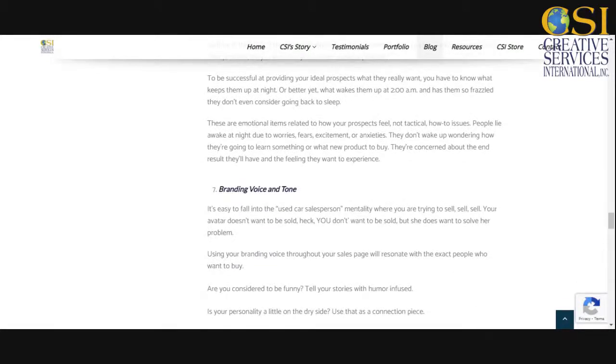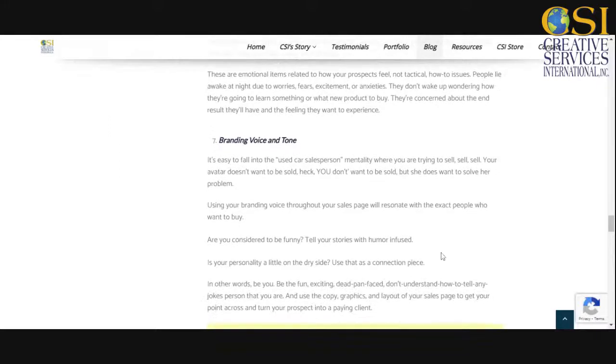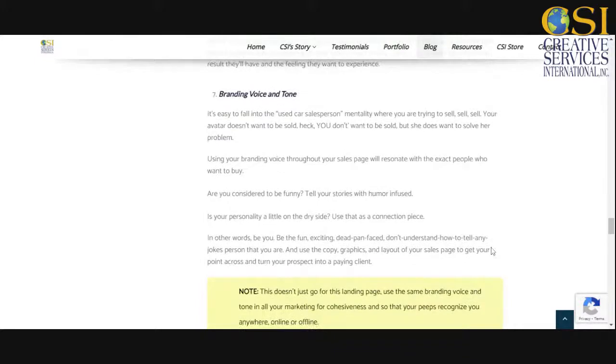Then your branding, voice, and tone. It's easy to fall into the used car salesman mentality when you're trying to sell. Your avatar doesn't want to be sold. You don't want to be sold, but she does want to solve her problem. So what kind of language can you use? What kind of voice, what kind of tone can you use on your page that will help people know that,